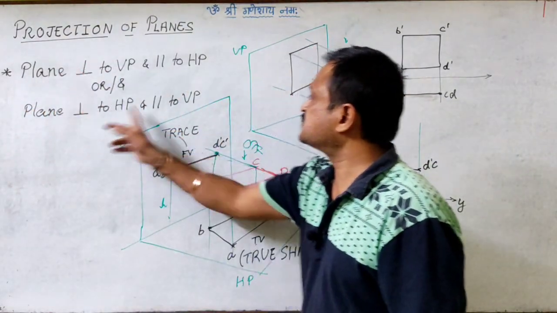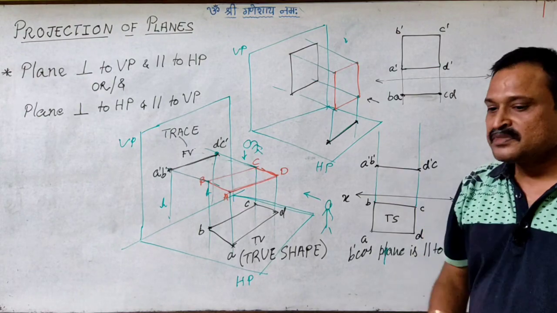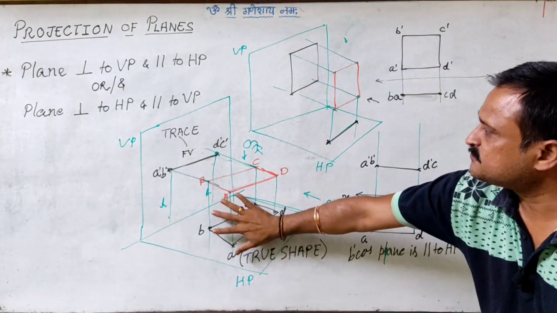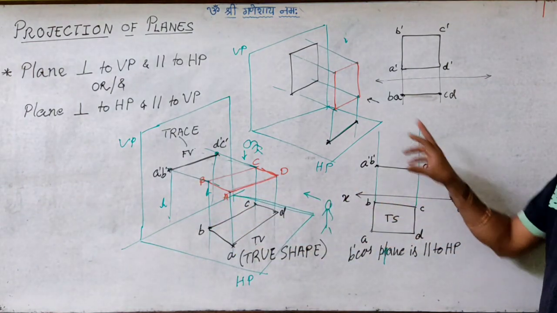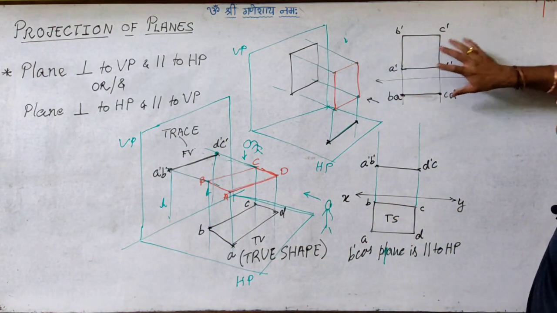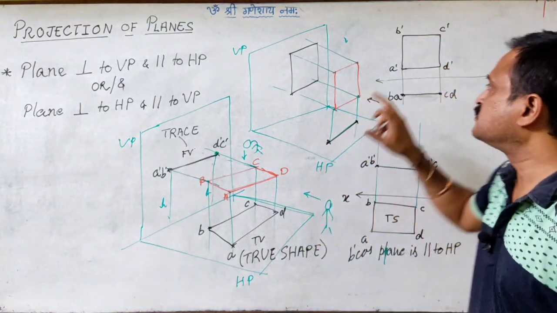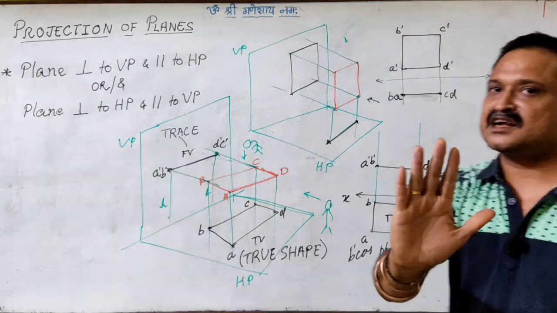So that is how this condition is there. Fine. So orthographic projection for this condition will be this, and orthographic projection for this condition will be this. So wherever we see the true shape, so true shape is seen in the front view, that means the plane